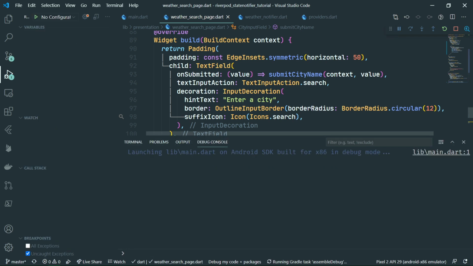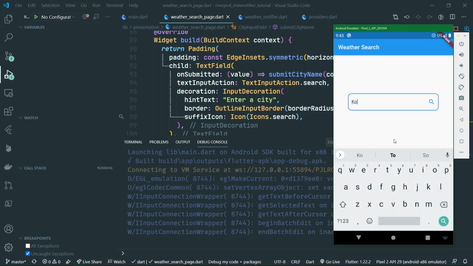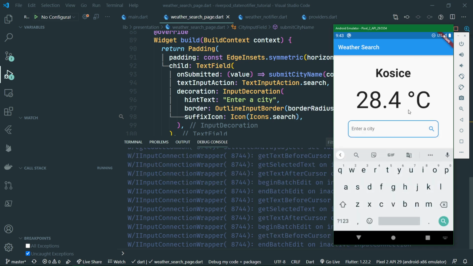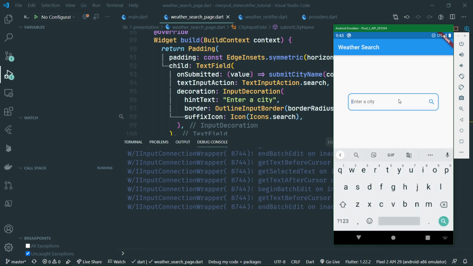Now we can actually run the app and test it manually to see if it works properly. And it seems it does. So we can input a city, my city, Košice. Let's see. Works. Then, I don't know, let's say London again. And London could not be fetched, so we got an error, and also a snack bar was shown at the bottom. As you can see, and just for third time's the charm, or how do you say it in English? Let's say Warsaw, and